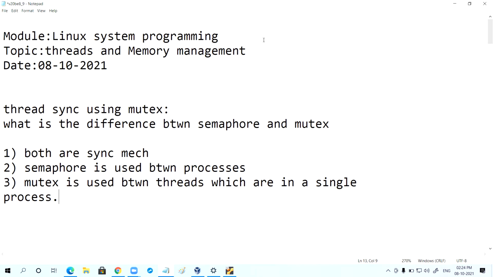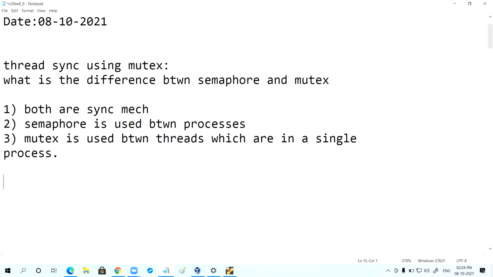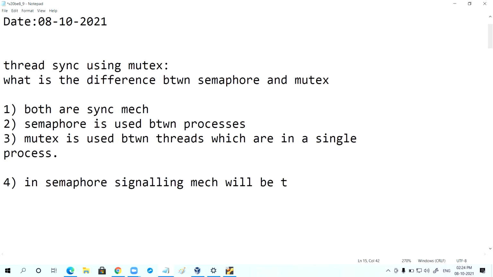And in a semaphore, a signaling mechanism will be there. Signaling means internally an interrupt.